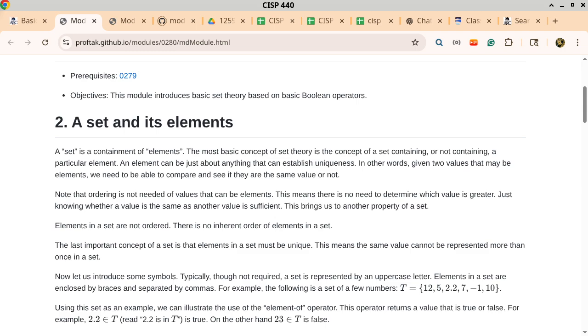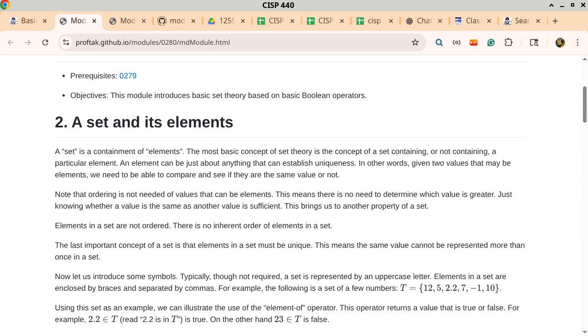There's another thing about a set and its elements. A set is not ordered. In other words, you cannot say there's an intrinsic ordering of the items inside the set. So a set that contains the integers 1, 2, and 3, you can say it is a set of 1, 2, 3. You can say it's a set of 3, 2, 1. You can say it is a set of 1, 3, 2. You can say it's a set of 2, 1, 3, and so on. They are all considered to be equivalent because there's no intrinsic ordering between the items inside a set,